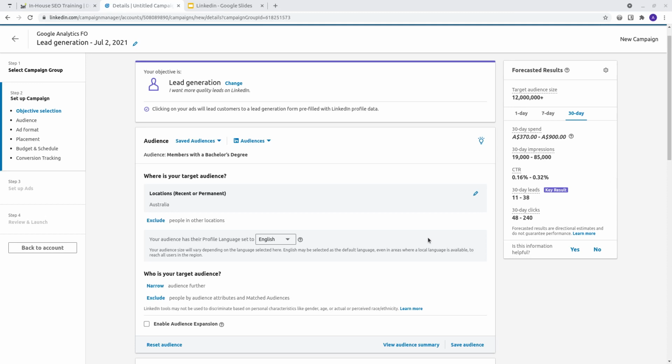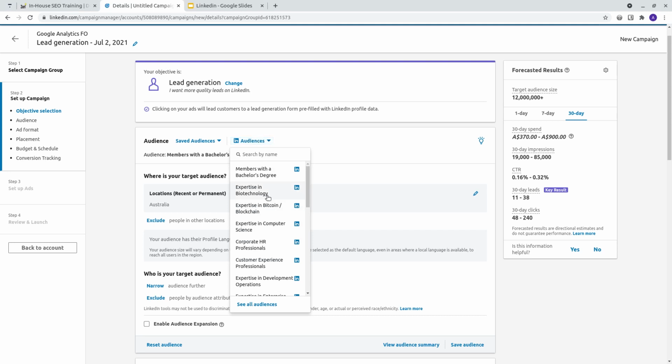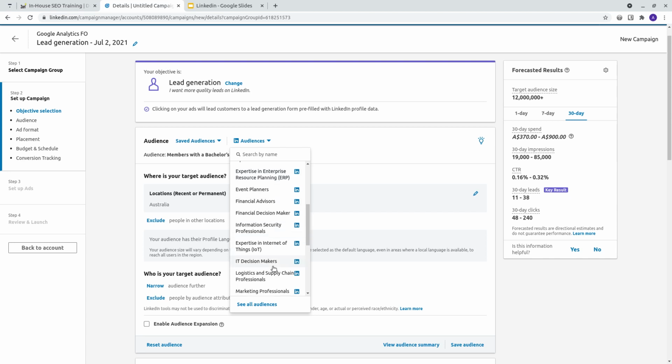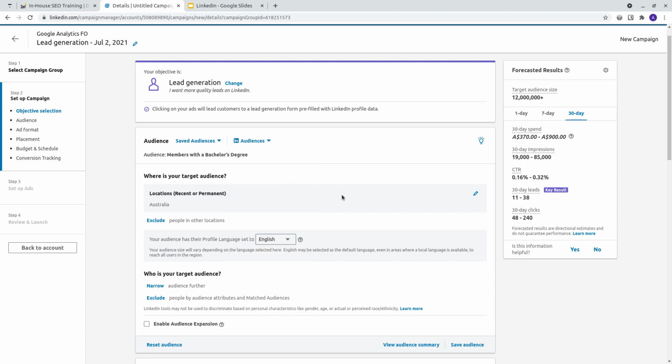Let's dive into how you would go about doing the targeting. Now, when you're on the screen here, you can see that there's an audiences drop down that LinkedIn already provides you some pre-created lists. For example, you have expertise in development operations, or event planners, or financial advisors. While these lists are great, if you use one of these lists, you would end up having a lot of wasted budget. I'll go into the details of that a bit, but let's start off on manually creating an